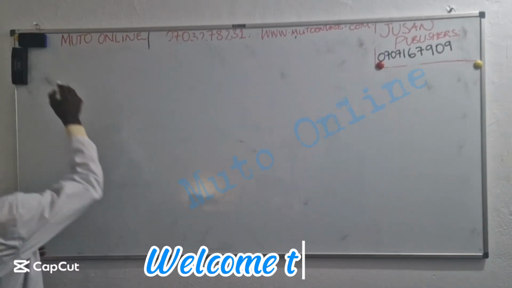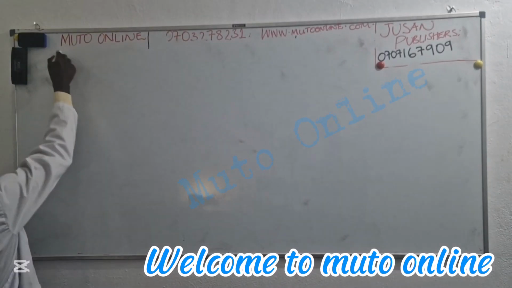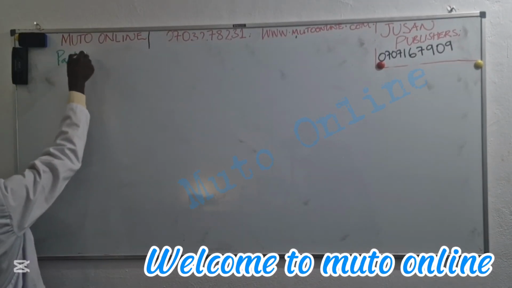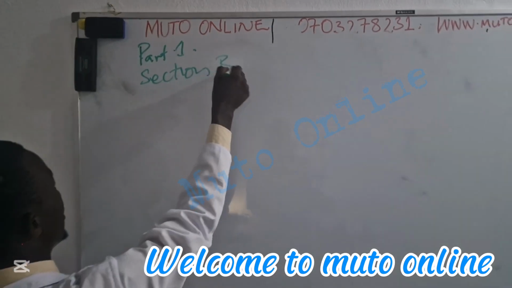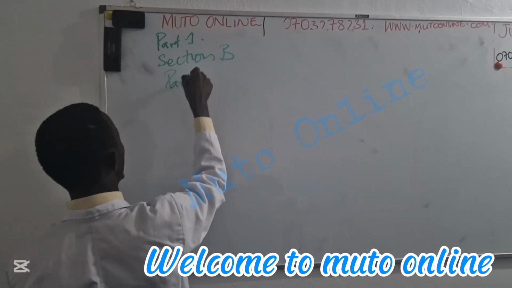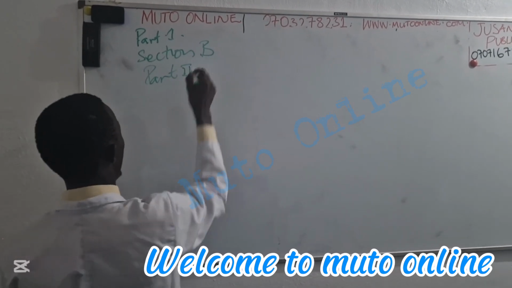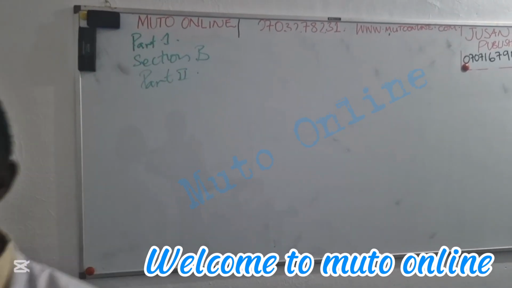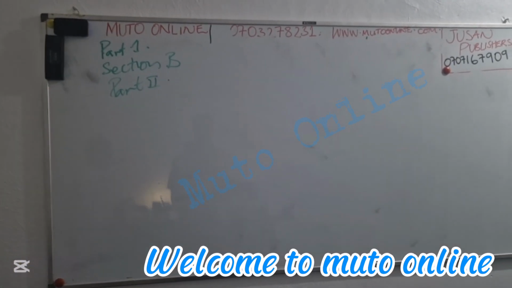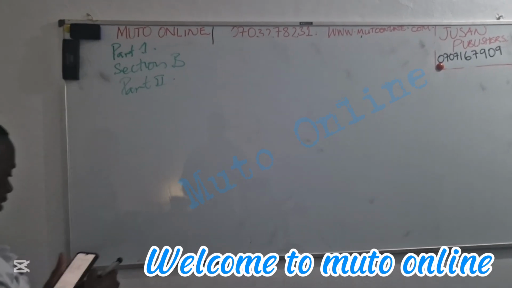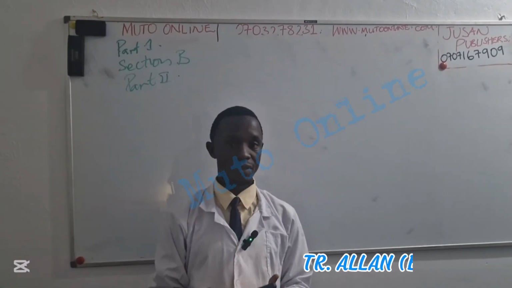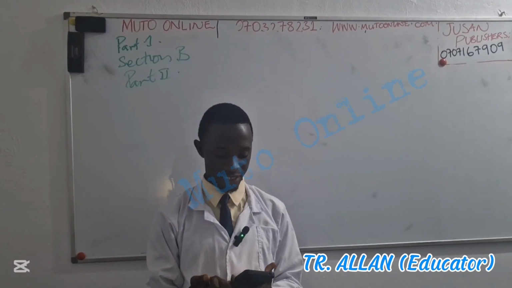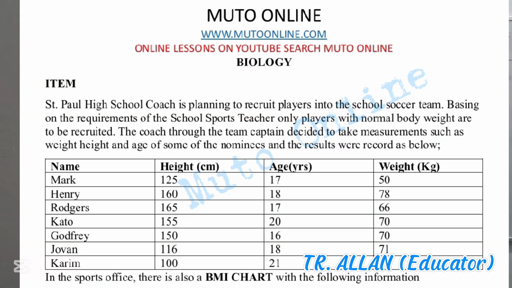It is an item from paper 1. This is section B, part 2. This item is from a topic, nutrition. I'll go straight to the item, and the scenario goes: